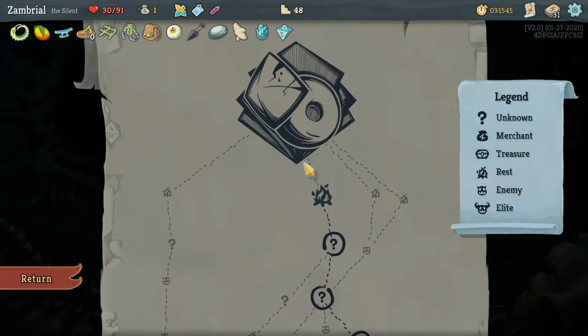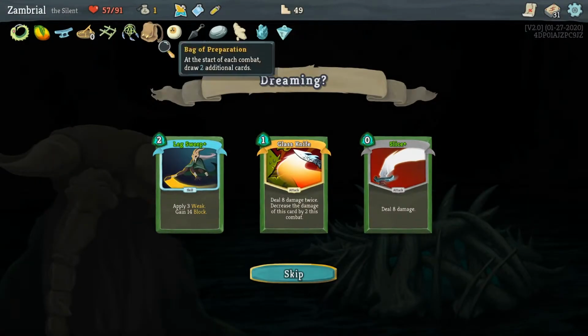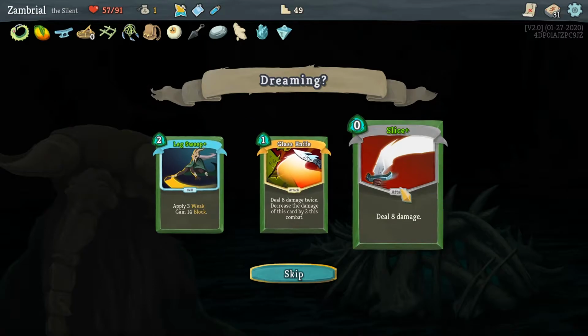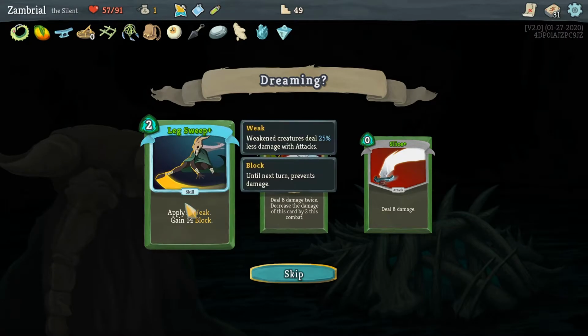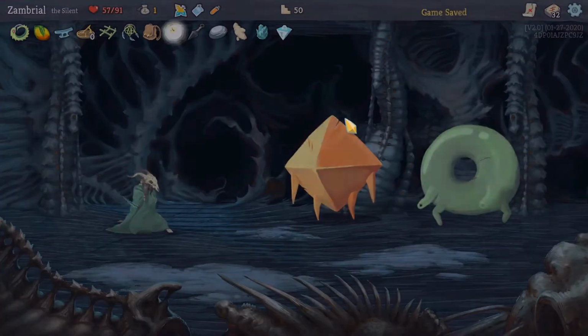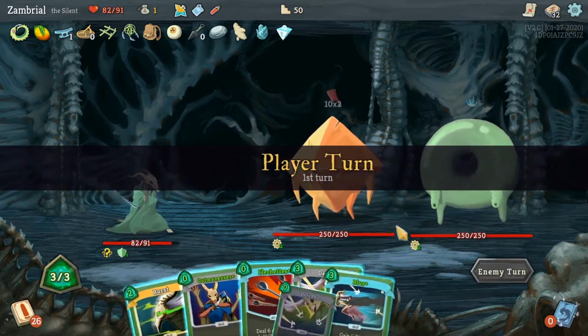And we proceed. We're definitely gonna have to rest. That'll give us some HP. And, oh, we can take another leg sweep. The additional block is really good. Yeah. We have to. I think. I mean, 32 cards is real thick, but